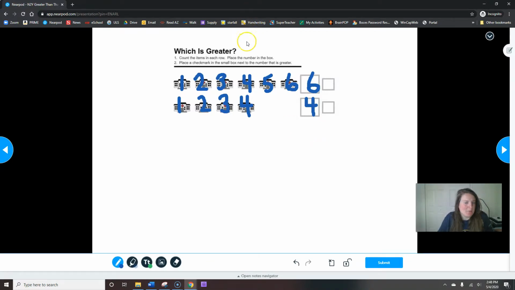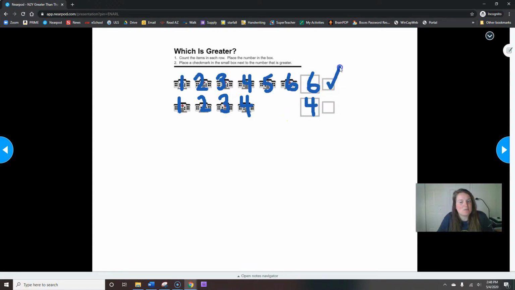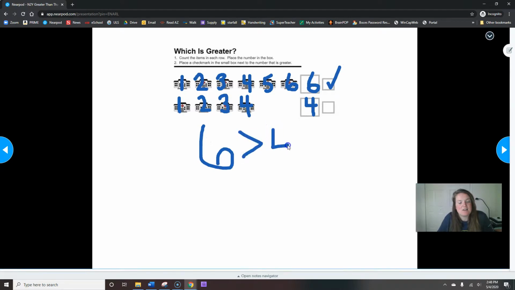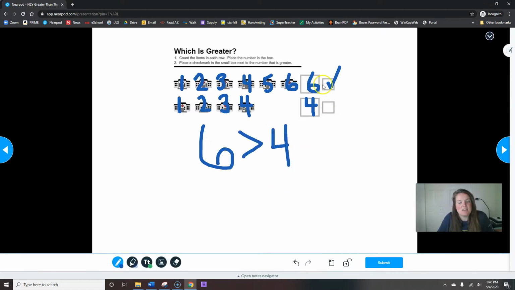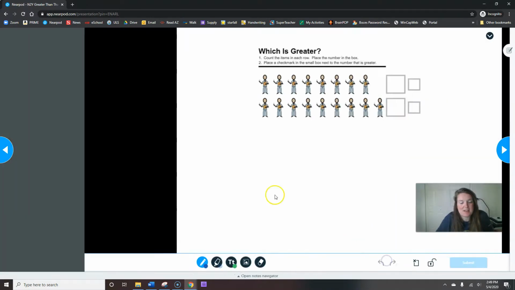I always want more pieces of candy. Would I have more if I had 6 pieces of candy or 4 pieces of candy? 6 is more. It's greater. So 6 is greater than 4. When you're done putting 6, 4 in the box and saying 6 is greater, hit submit, and we're on